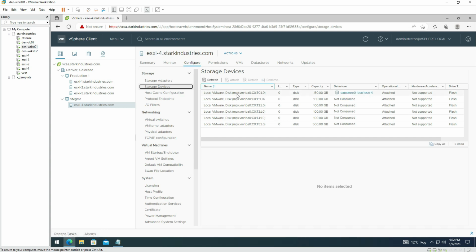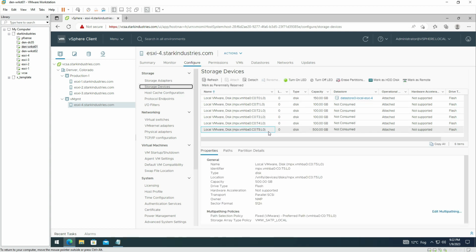When I sort them by name, you can see there are five storage devices, and I intend to create my data store on this storage device, which has 500 gigabytes of space. As you can see, for the data store column, it says Not Consumed. It means that there is no data store and currently it is not in use. So in order to utilize this device to create our VM, all we need to do is right click